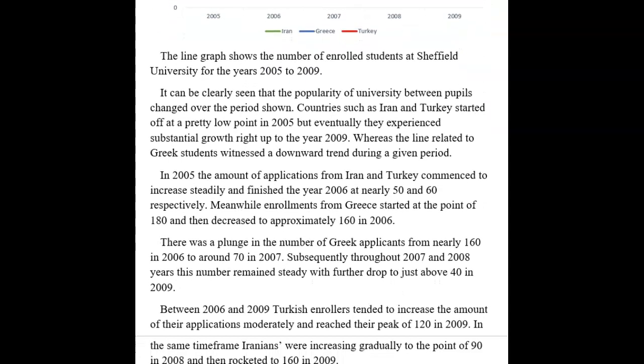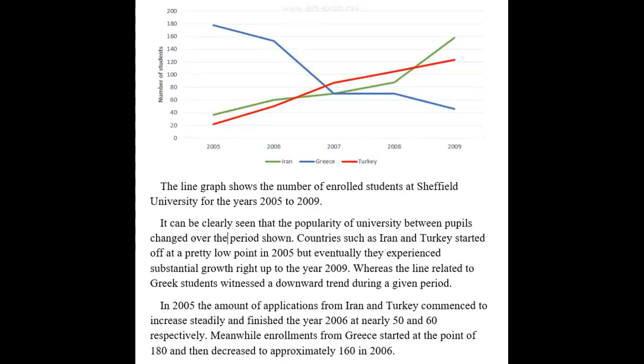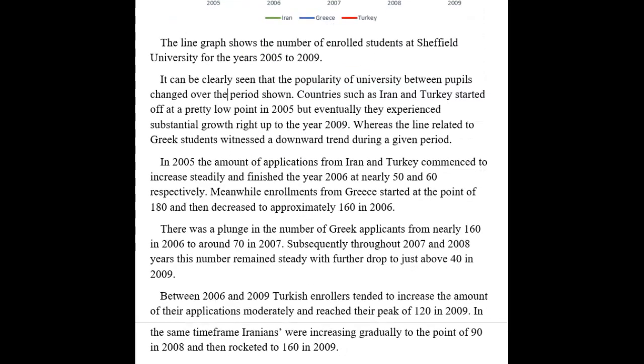Subsequently, throughout 2007 and 2008, get rid of this. This number remained steady with a further drop to just above 40 in 2009. Okay. Between 2006 and 2009, Turkish